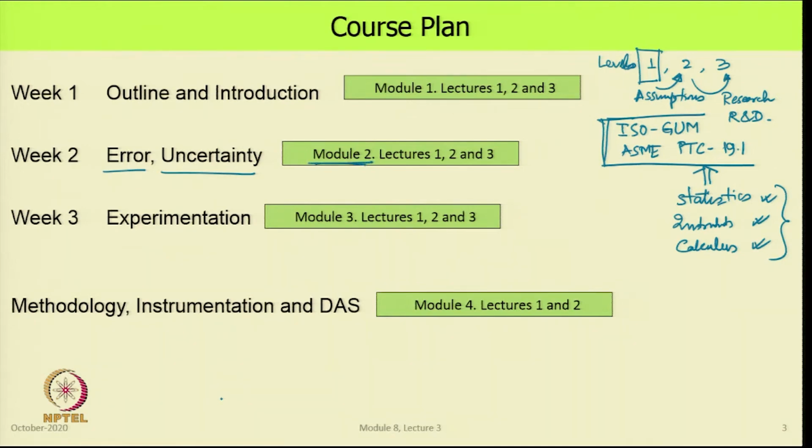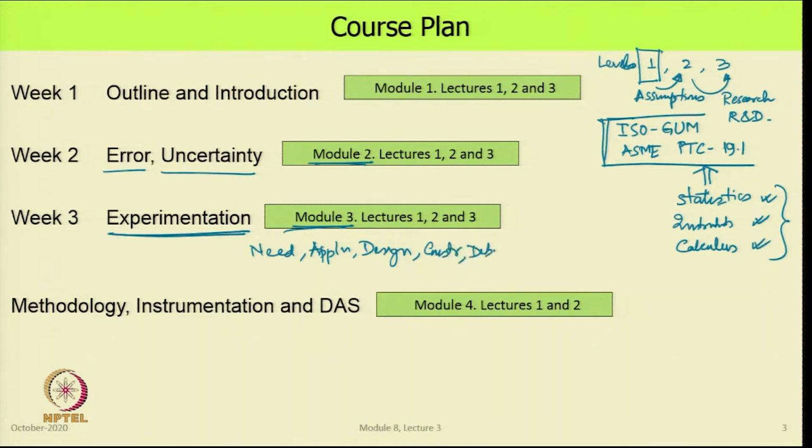So, having defined what is uncertainty, what is error, what are uncertainty limits and why they should be there, we then moved on to look at the big picture of doing experimental work, which we called experimentation. On this we had 3 lectures, where we defined various stages of experimentation, which is somewhat like a design process, starting with the need, then the application, design,